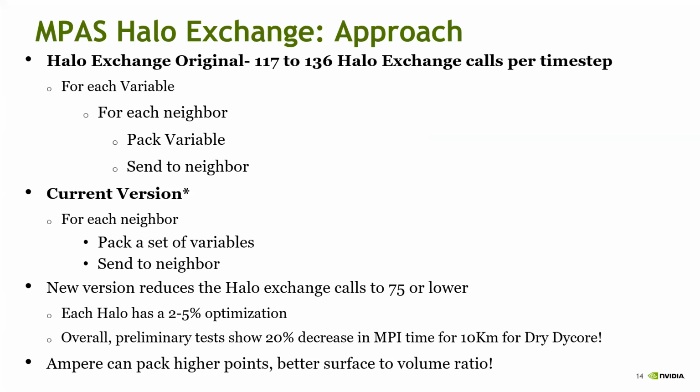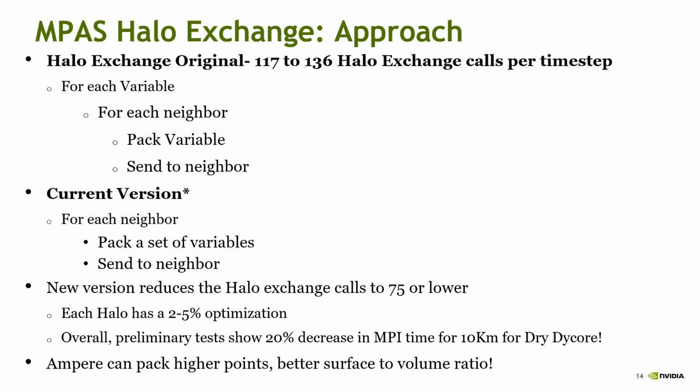So the Halo Exchange is basically the next place where we are working to optimize and gain better performance. The original Halo Exchange was written such that we have anywhere between 117 to 136 Halo Exchanges for every single time step. The way this is written is we pick one variable and then we pick one neighbor, we pack that variable, send it to the neighbor, and the receive is basically the same thing. We pick one variable, one neighbor, unpack, and keep going. So this causes a lot of volumes for Halo Exchange to go through, which is why we see the